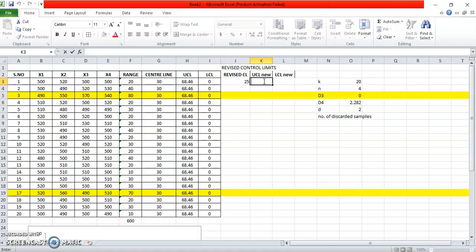Now the new value for the upper control limit will be R bar new, that is your revised central line, into the D4 value, right? After the D4 value we are going to write down the D3. So for the lower control limit, the new value will be equal to R bar new into your D3 value.